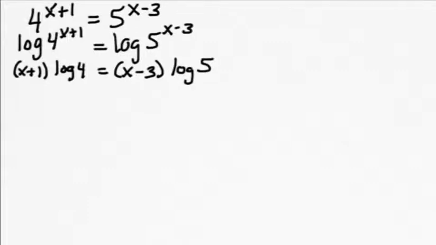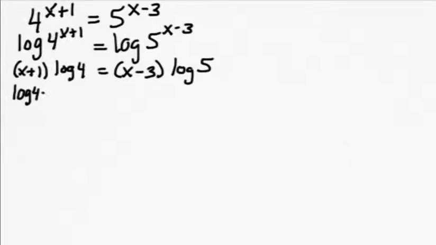Now at this point I could do one of two things. I could divide both sides by either log 4 or log 5, or I could go ahead and distribute both logs to the respective parentheses. I think I'm going to go ahead and do the distributing method and then show you in a second example another method. So I would multiply log 4 times x,